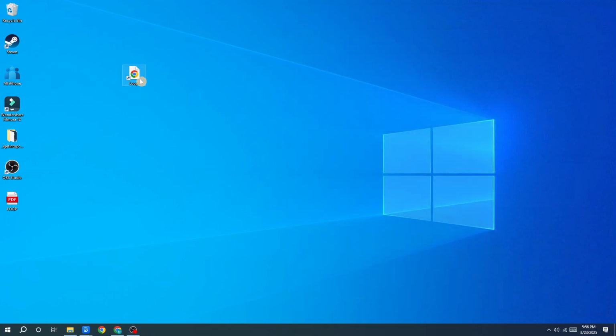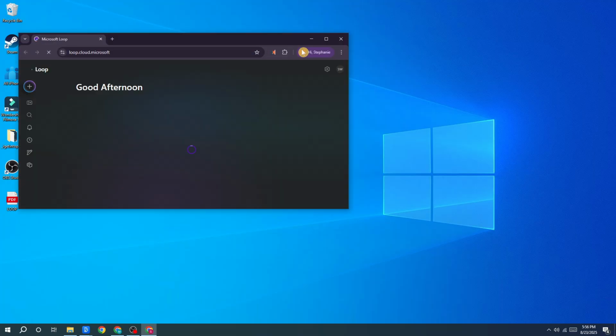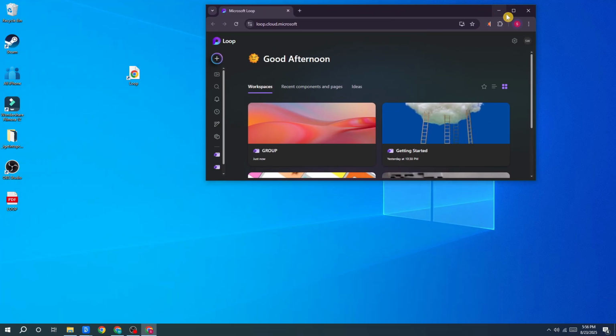Now, whenever you want to use it, all you have to do is double-click the shortcut on your desktop and it'll open right up. Give it a try and you'll notice how much